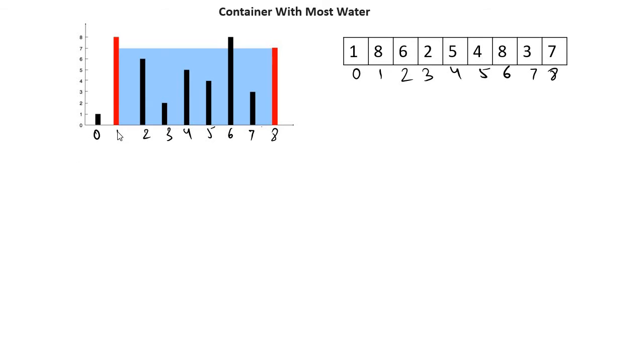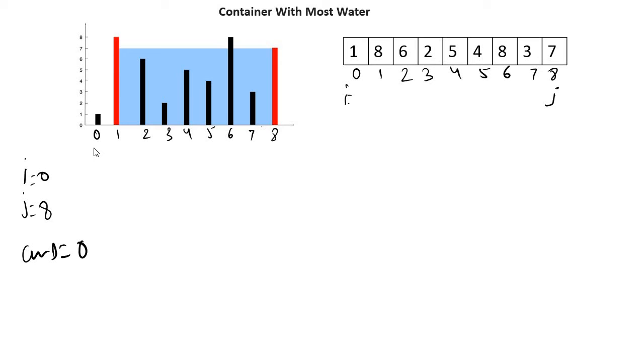In the two pointer approach, we will have two pointers. One pointer i will be at 0, and the second pointer j will be at the last index. The size of the array is 9, so j will point to 8. So j is pointing at the last and i is pointing at 0. We'll start calculating the water contained between these two, and store the maximum in a variable answer, which is initially 0.